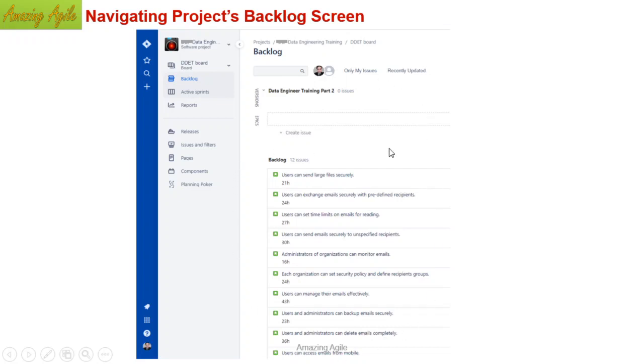Backlog, you all know, is where whatever stories we develop all come. From the backlog, we start a sprint and work on it. Currently this is an empty area. That means we have not started any sprint as of now, and we have not yet assigned these stories to anyone, so except me, there is nobody here as an assignee. If I click here, I will go to the active sprint button. However, since there is no active sprint available, I cannot move at this moment. I will go there a little later.